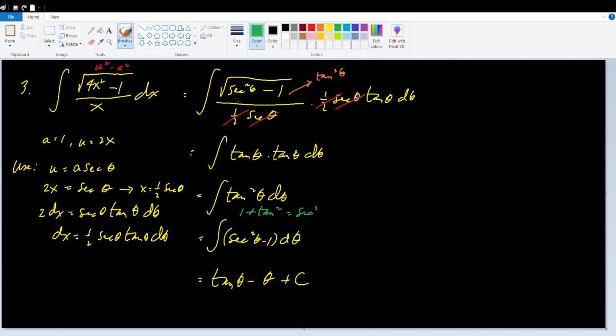To get the final answer, we construct again a right triangle. It says here that 2x is equal to secant theta, or secant theta is 2x over 1, which is equal to the hypotenuse over the adjacent side. So the hypotenuse is 2x, the adjacent side is 1, the other side will be equivalent to the square root of 4x squared minus 1. So from this triangle, we can get the definition for tangent theta, which is opposite over adjacent, or the square root of 4x squared minus 1 over 1. And theta is, from secant theta equal to 2x, theta will be arcsecant of 2x plus